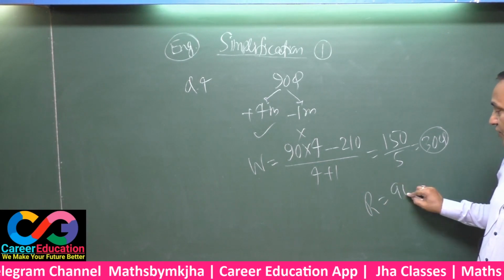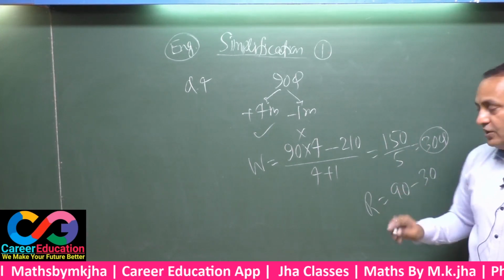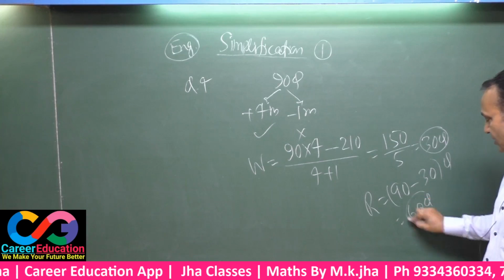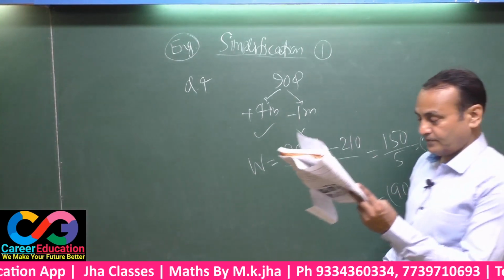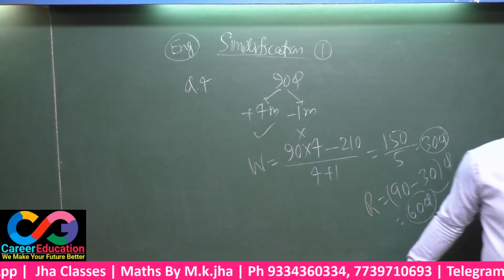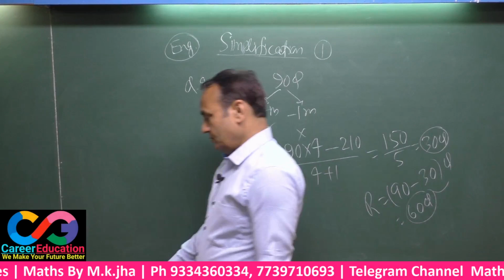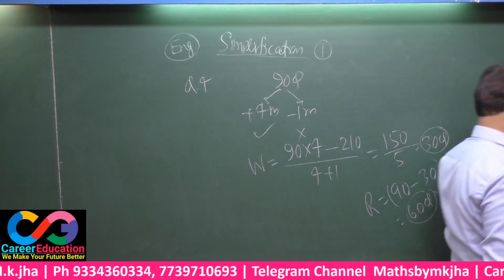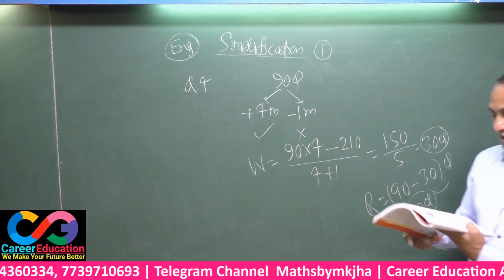That means out of 90 questions, he dealt 30 questions wrongly. That means he dealt only 60 questions rightly. This is your answer, 60 questions. Note down. This is the solution for question number 4. Thus you solve all the questions based upon negative marking like this. You have to solve all the negative marking situations through this tricky approach.